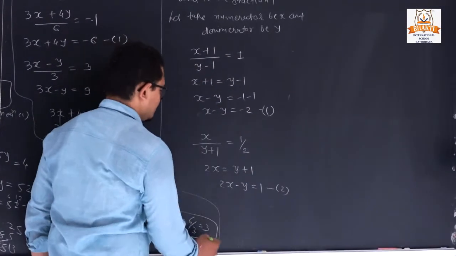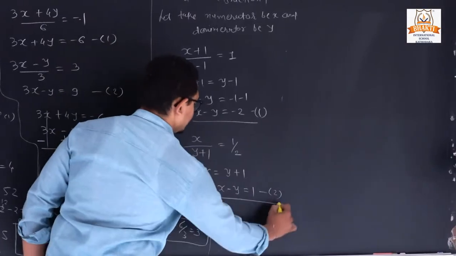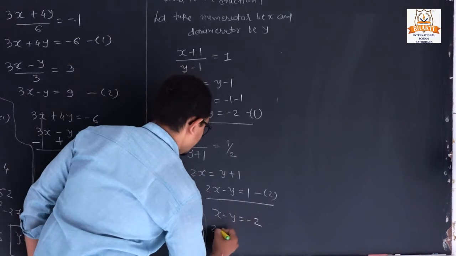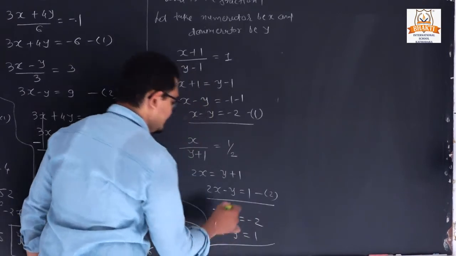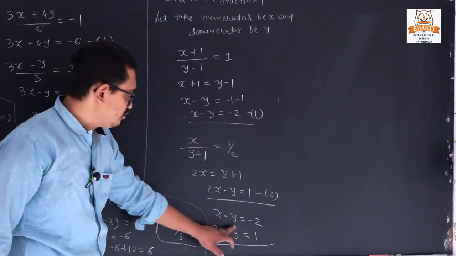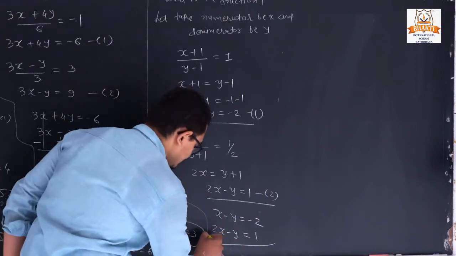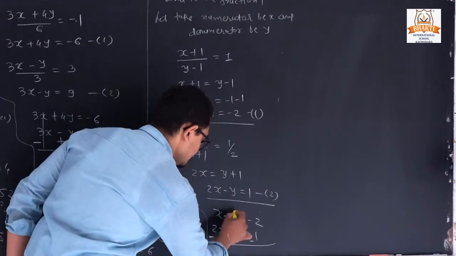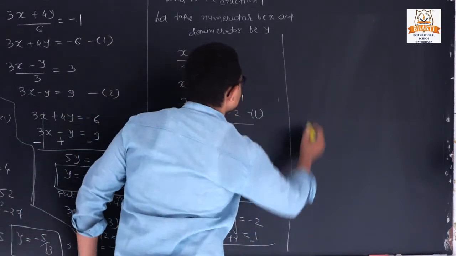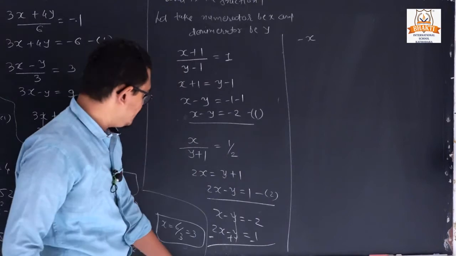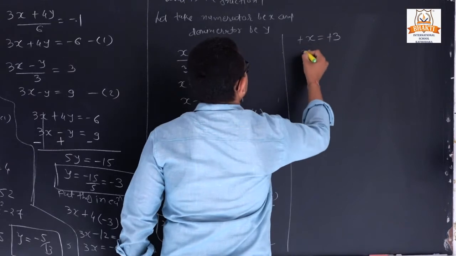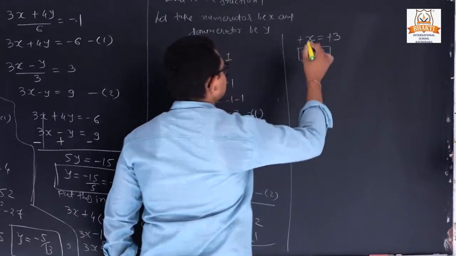So now we have two equations, first and second, so we can write x minus y is equal to minus 2 and 2x minus y is equal to 1. Simplify this, so see these both have the same coefficient, 1 and 1, so we can directly change its sign, so these both are cut, 1 minus 2, so it becomes minus x, and minus minus plus, so it is minus 3, so minus minus plus, so x is equal to 3.